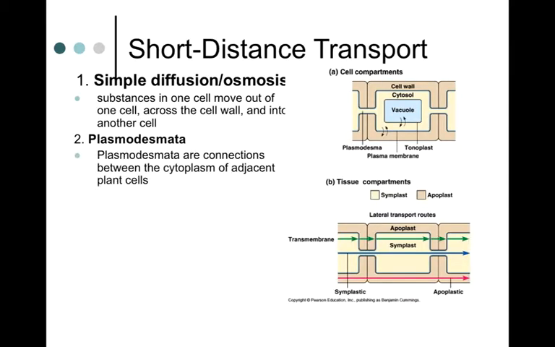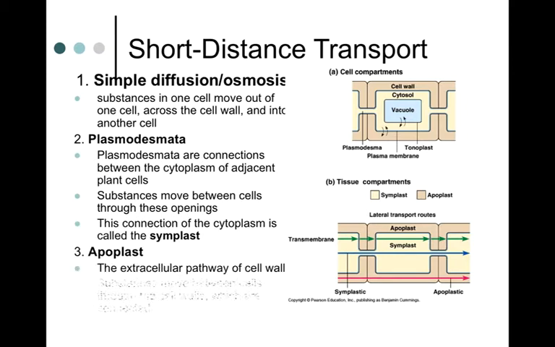And so this is just an overview of effectively the same thing. The symplastic route goes through the plasmodesmata, and so this can just happen through simple diffusion, so the water will move from an area of high concentration to low through each cell, and in this case it could also move through the apoplastic route between the cell walls and the membranes. Okay,